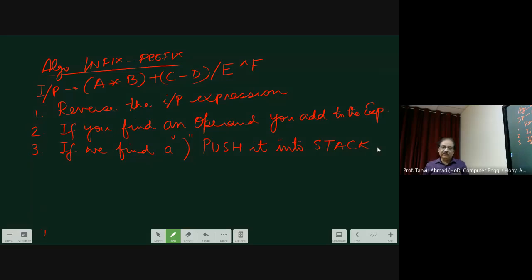To remember the last algorithm, if you found the left bracket, or the opening parenthesis, we pushed it in the stack, but here we are going to push the closing parenthesis in the stack. Now fourth one, if we get an operator,